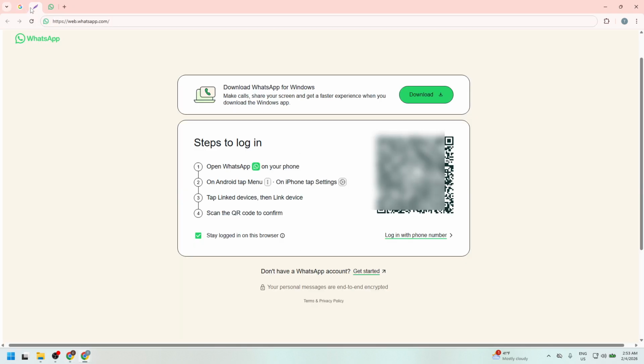When the WhatsApp web page loads, you'll see a large QR code. To link your account, open WhatsApp on your phone, go to the section where you manage linked devices, and scan the QR code shown on your computer screen. This logs you into the same account you use on your mobile device, so all your chats appear on the